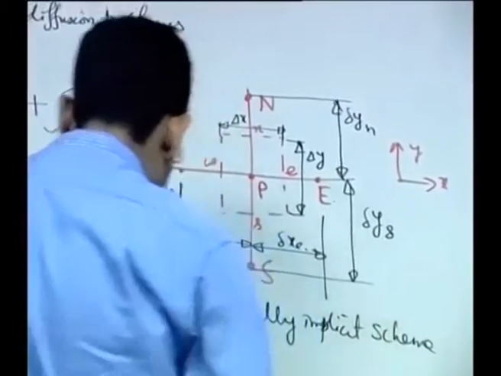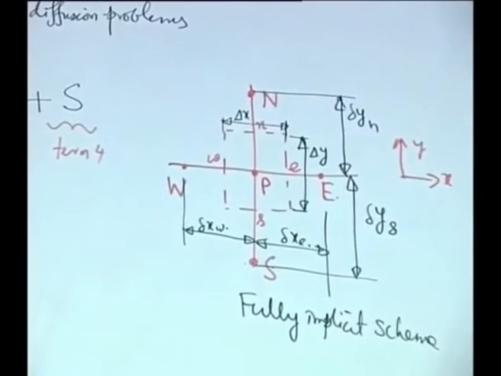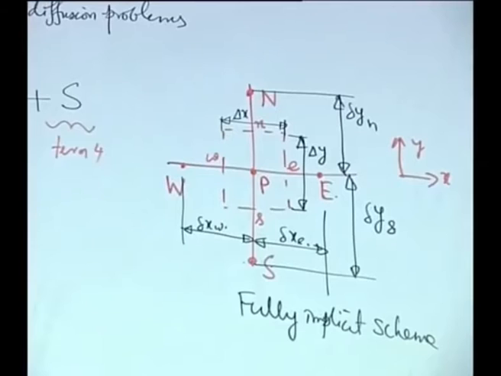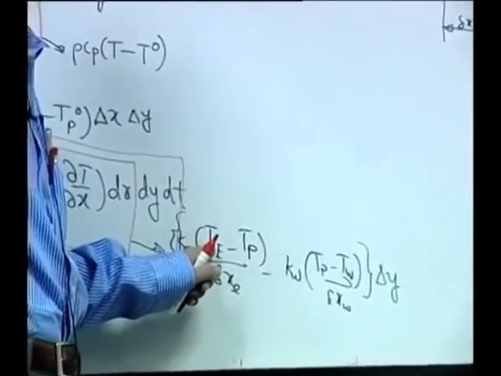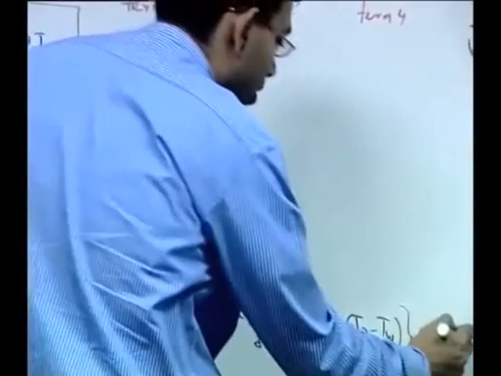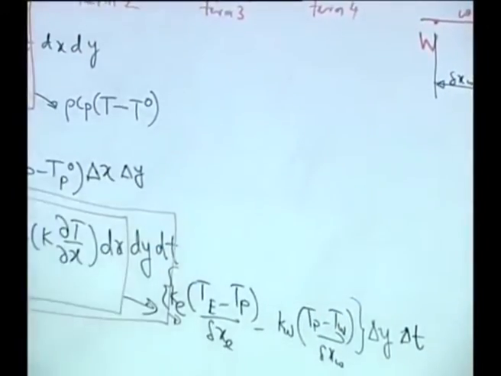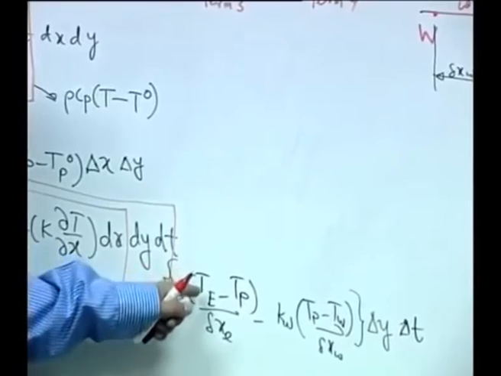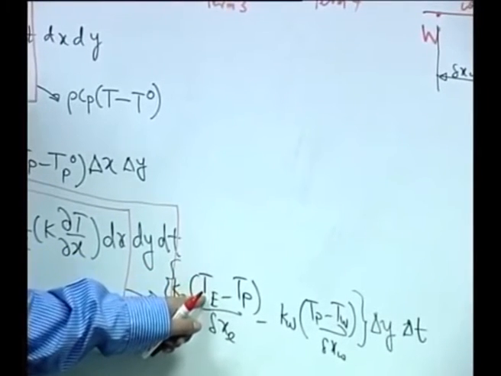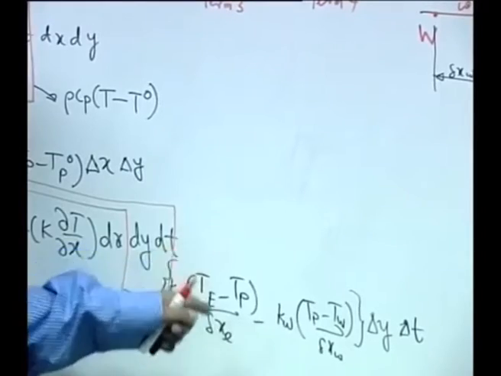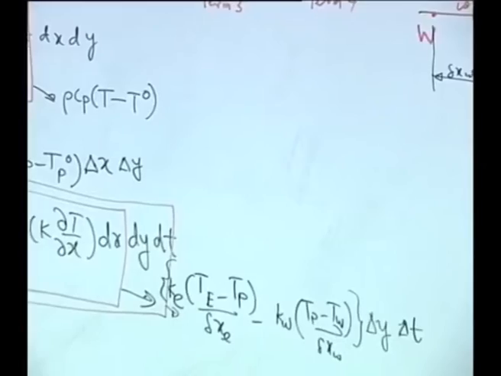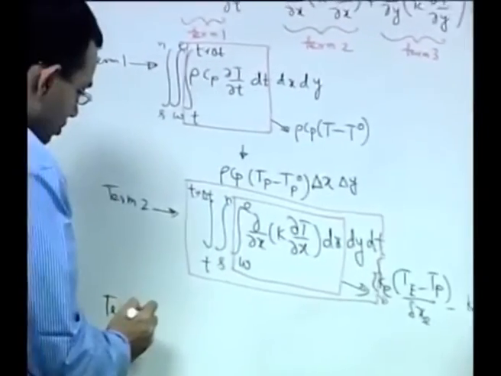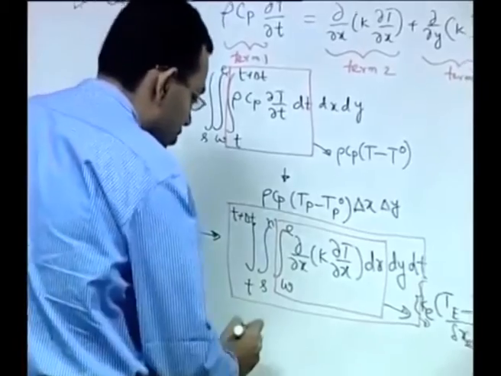Remember, this discretization will be different if you consider any explicit scheme or Crank-Nicolson scheme like that. So you consider this as a fully implicit scheme so that the temperatures remain this one and only you are multiplying by delta t, because in the fully implicit scheme the temperature remains temperature at the end of the time step, that is taken as the value of the temperature throughout the time step. Similarly, what will be term 3 we can write now easily by analogy with the term 2. So let us just complete it.